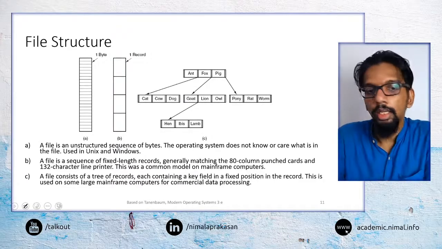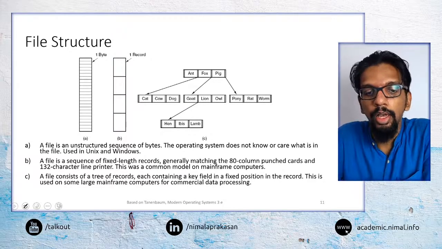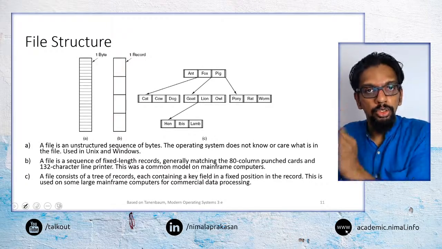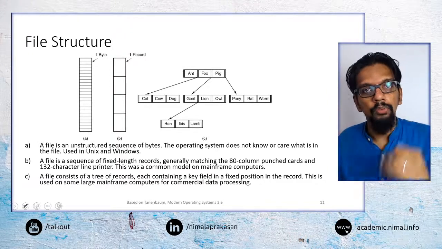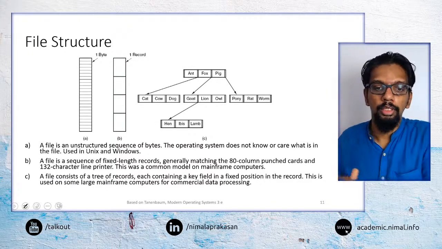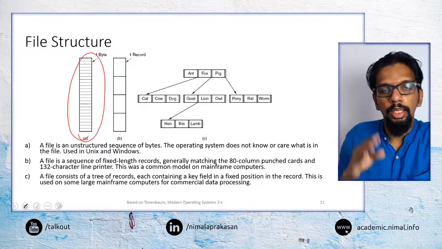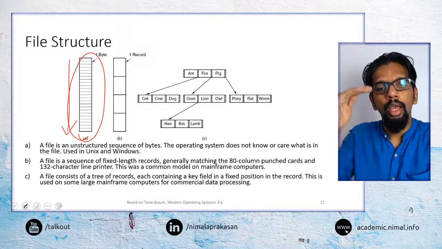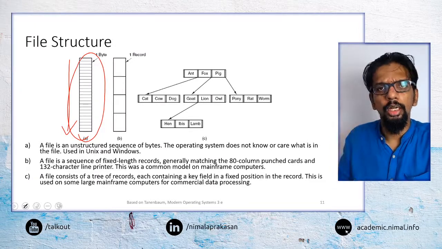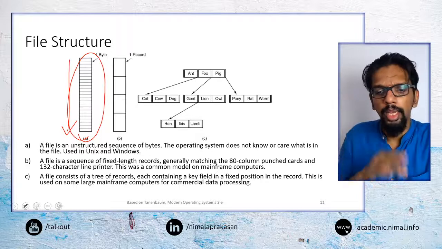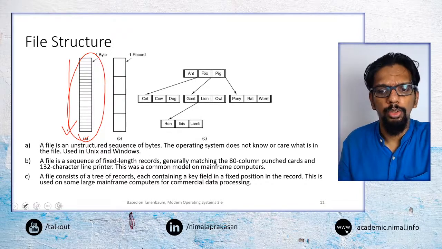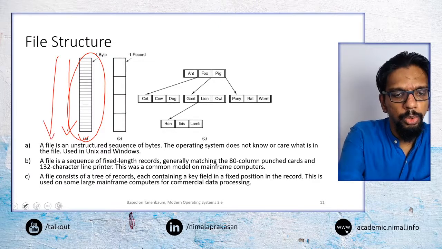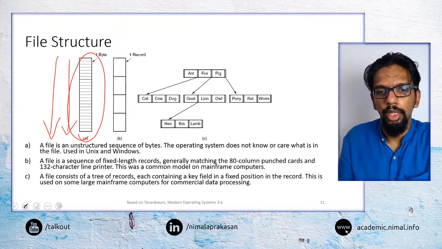Then when we consider particular types of files in terms of the internal structure about how the data is stored inside that file, again we can have a number of categories. So the first one is basically a file where from starting to end it is storing one byte after the other. So it is a continuous sequence of bytes where the information is stored. So the operating system can just go and read from start to end and it will understand the file.